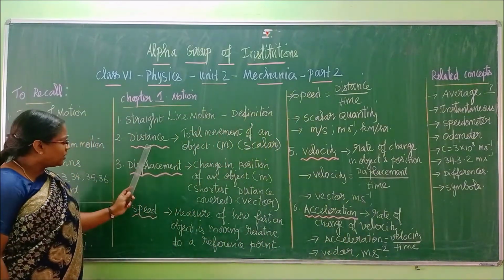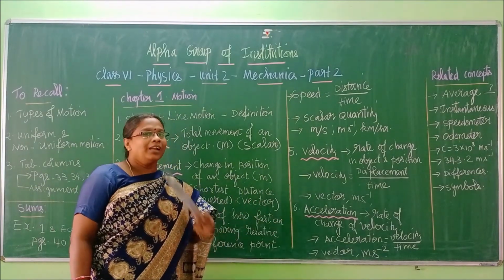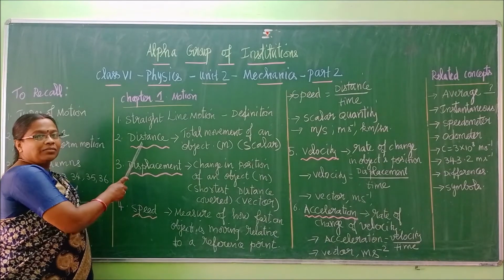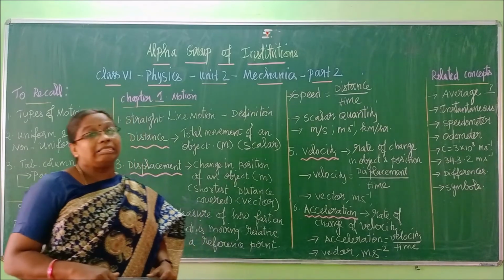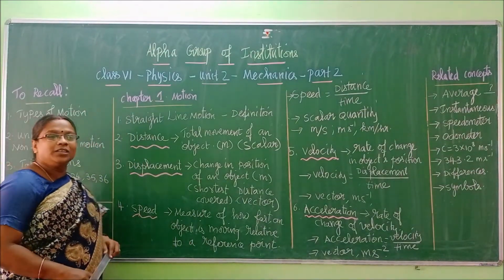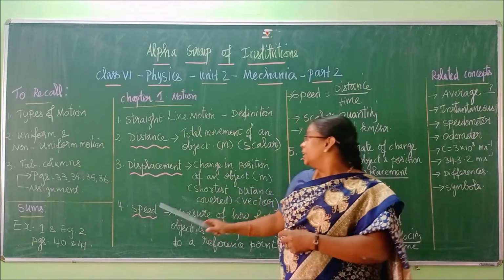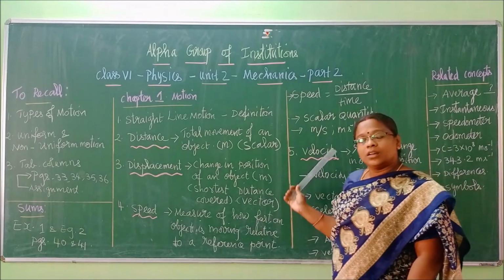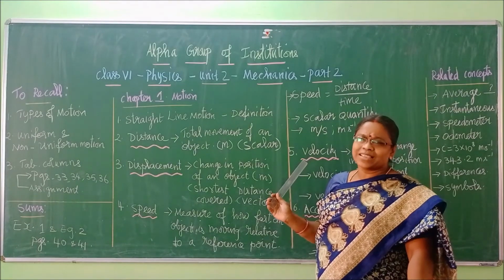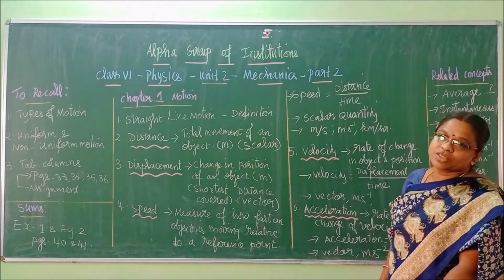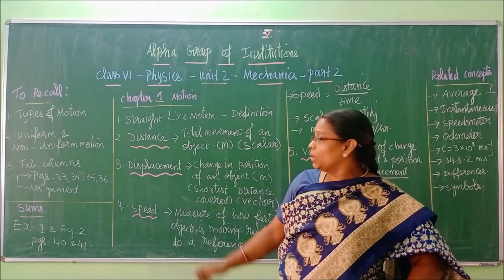Here I have explained distance, displacement, speed, velocity. These have symbols, children. Just note it down. Distance will have the symbol D, capital D. Sometimes it will be called L, for length. Then for displacement, it is small s, and speed, capital S. And velocity, small v. Then acceleration will have small a. All these things I will give as notes. This is a very important concept, children. Many important questions are there.